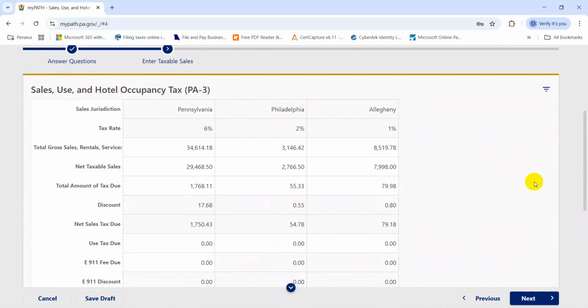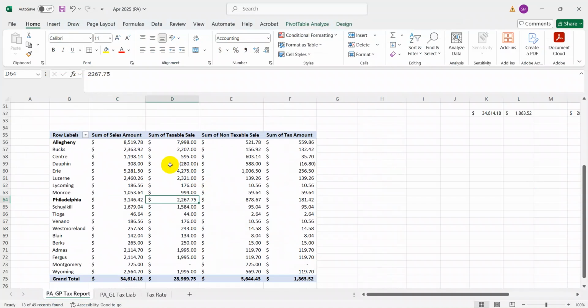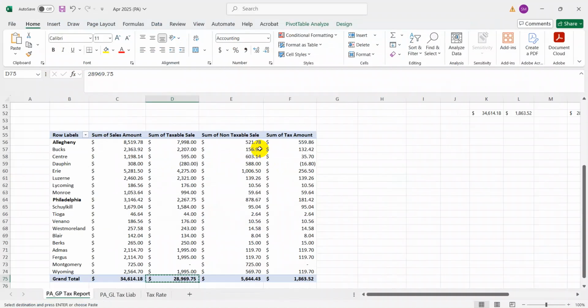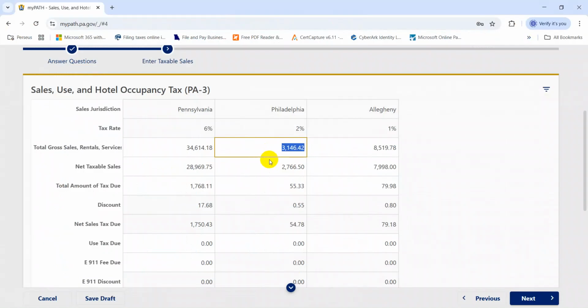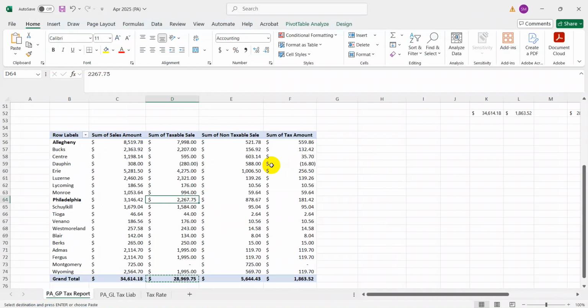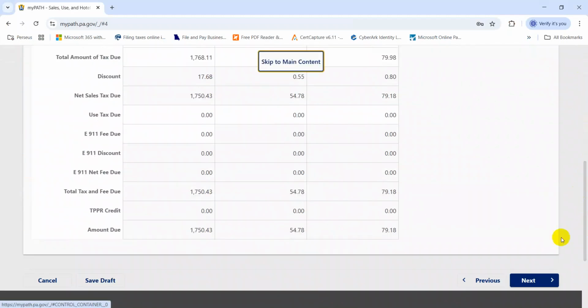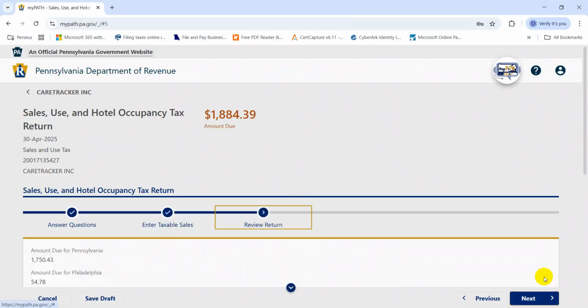So again, my total sales will remain the same, but my taxable sales here will be changed. Okay, and then on Philadelphia, if you see here, the total has also changed. So my total taxable sale is 2267.75. Now the total tax should be changed. If I click next,